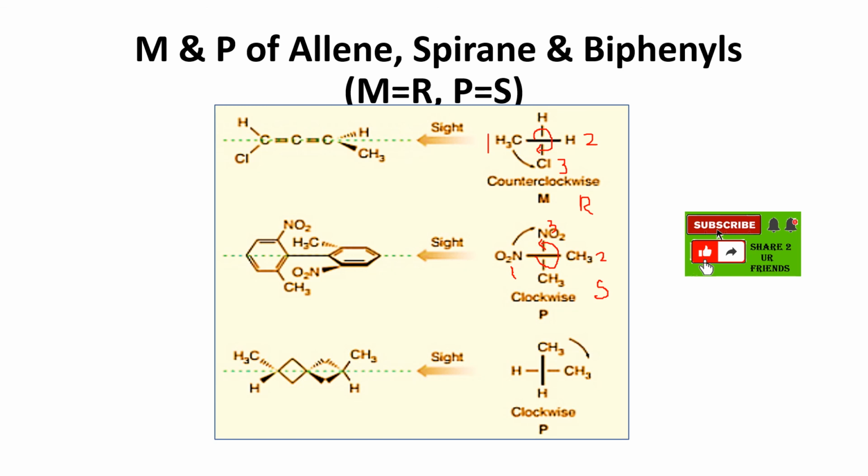And in this case, you see here also, this is a solid line. Solid line, where we have to write it in the vertical line, CH3 H. And here, this is the wedge line. This is a dash line. This wedge line should be here. Here, solid line means this one, 1, and this is the 2, and this is the 3, and this is the 4. So if you come from 1 to 3, what is the direction? It's a clockwise direction. Clockwise means plus, that is P, which is equal to S. Whether it is right or not, we will check it. So 1, 2, 3. If you go like this, it's a counterclockwise direction. So this is anti-clockwise, that is S. It's correct. So this is another way.